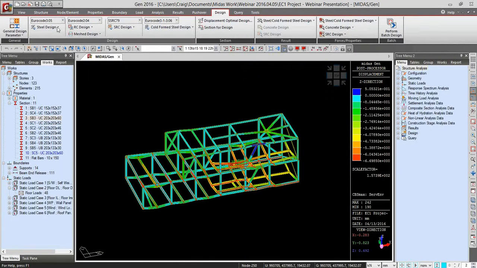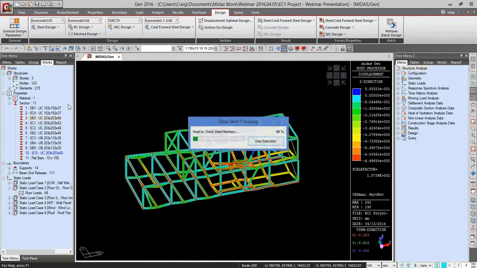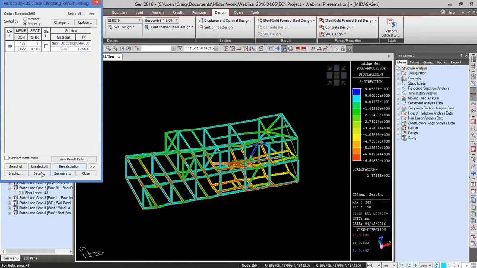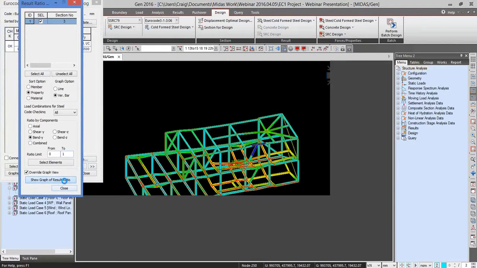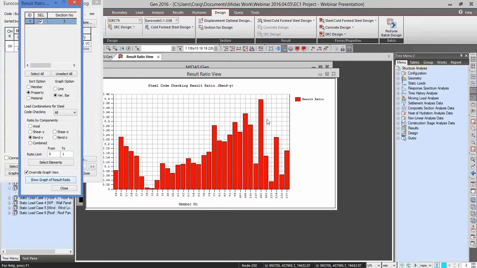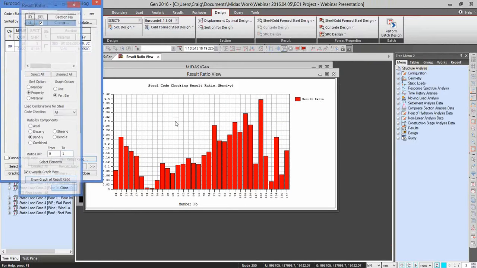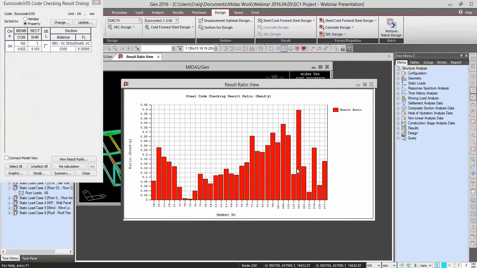So we're going to highlight all of the floor beams and run the steel code check one more time. So we're analyzing all of them now and view the results ratio, and I think we should be able to just see a graph of all of the beams. So with this, it's checking each beam against the steel code with reference to the section size we've used, and it's showing the suitability for each beam for the loads applied against the section size. So here you can see beam 182